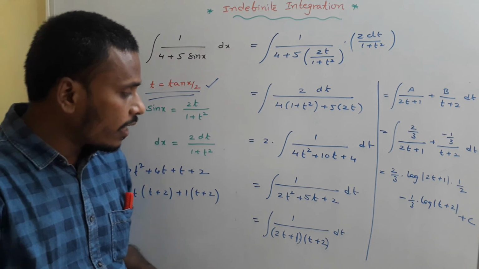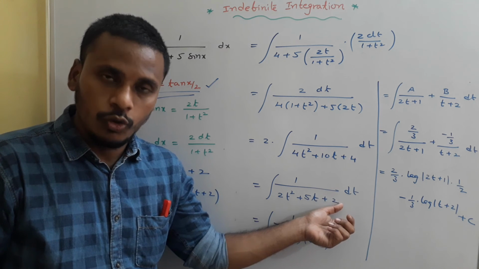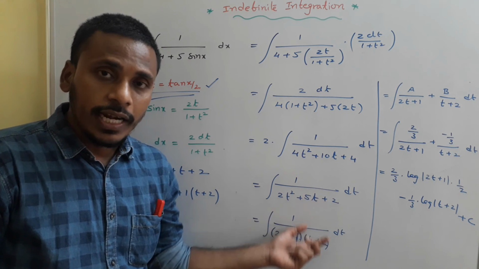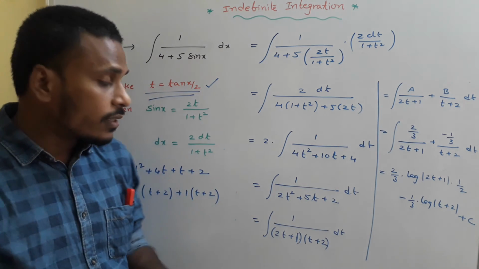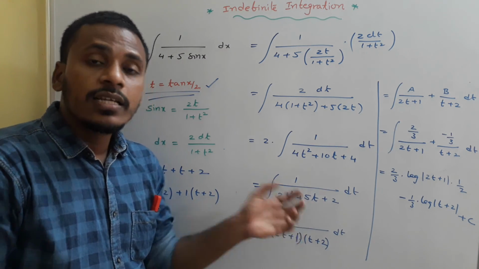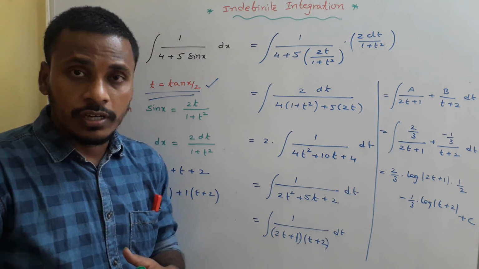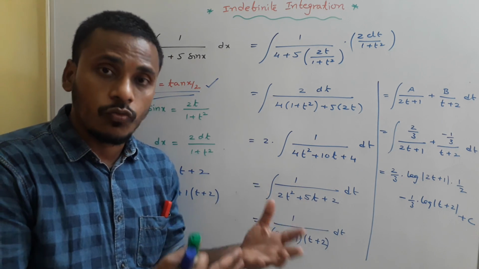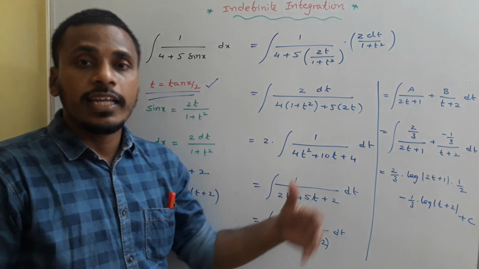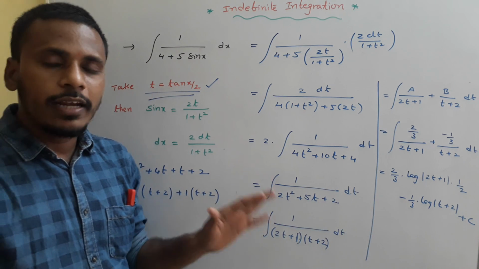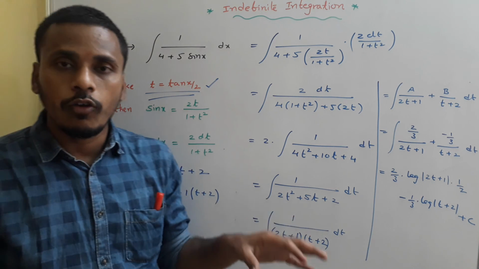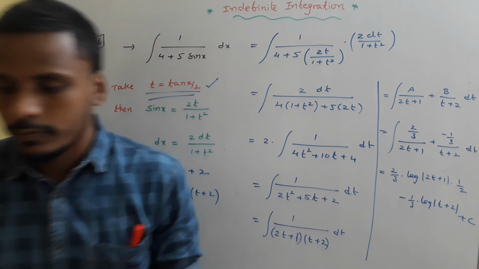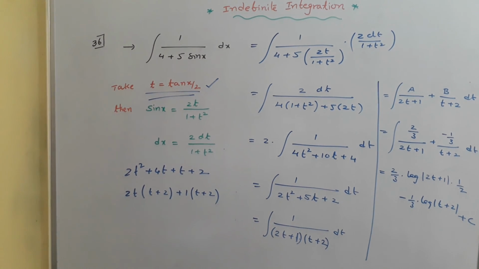After this quadratic formation 2t square plus 5t plus 2, we have two ways here. One way is factorization and splitting into partial fractions. The other way is to express this quadratic as some perfect square plus some constant, and then use the standard integration formula. But at the end you will get similar answers in both. Okay, no problem. This is one of the important types of indefinite integration, and usually you will find these types of problems in all your practice materials.